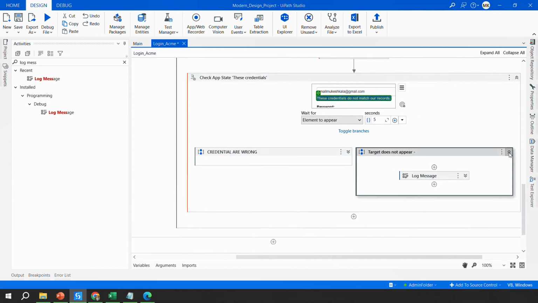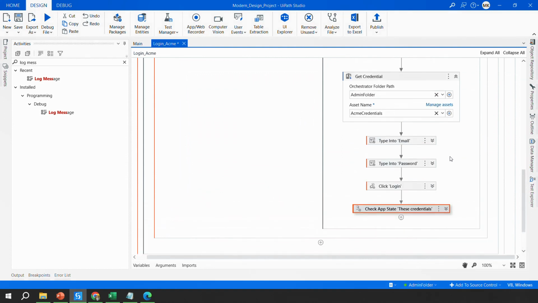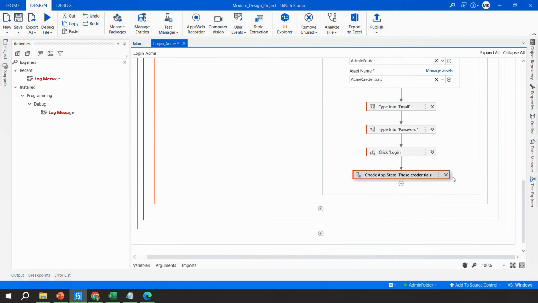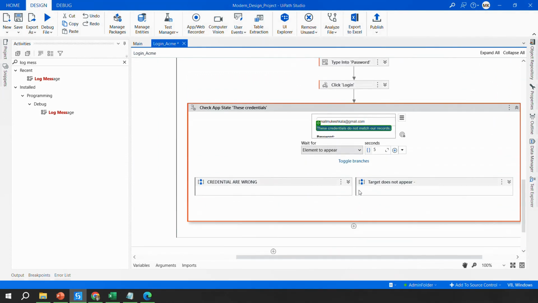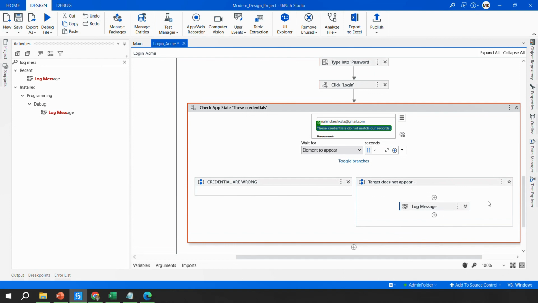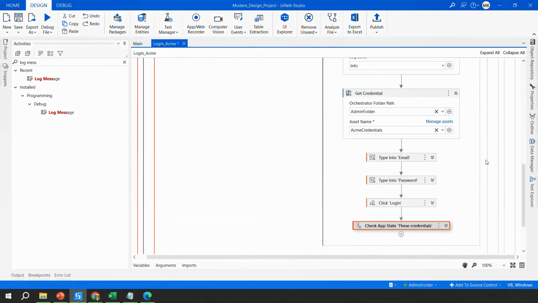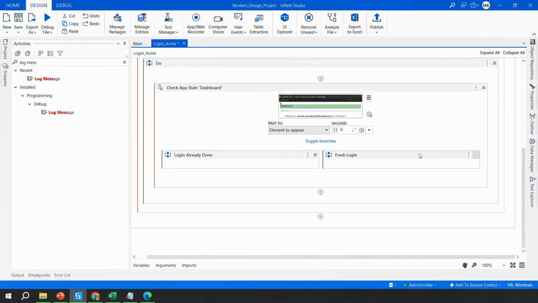So now after this is done, we have checked the app state, it has clicked on the login button. If everything works well, it should go here, it will say incorrect credential, and it will stop. Otherwise, if everything works well, you will get this log message. But after this, am I very much sure that I am successfully logged in? So what I'll do is